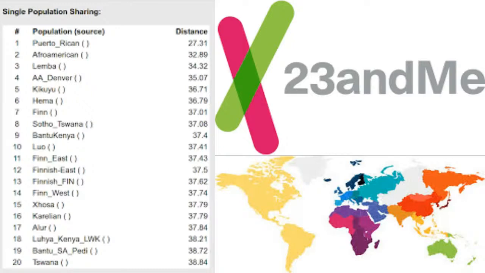But moving forward, Hema at 36.79, Finn at 37.01, Sotho-Tswana at 37.08, Bantu Kenya at 37.4, the Luo at 37.41, Finn East at 37.43, Finnish East at 37.5, Finnish Finn at 37.52, Finn West at 37.74, the Xhosa at 37.79. I think that's correct. I'm not quite sure how to pronounce that one. Then Alur at 37.84, the Luhya Kenya, again,